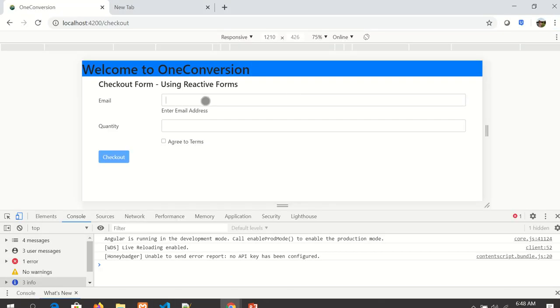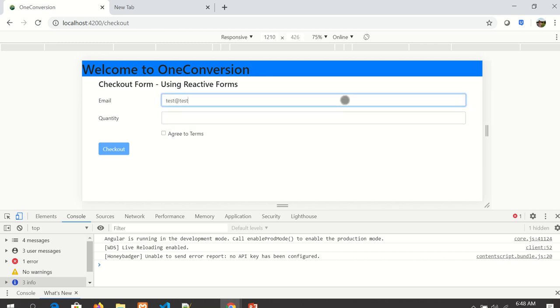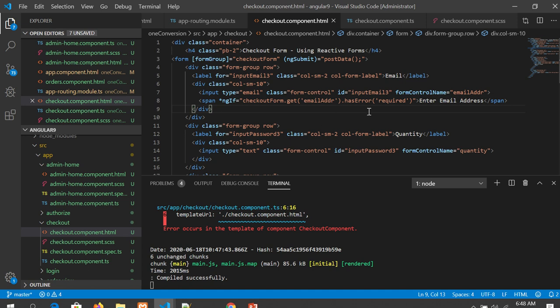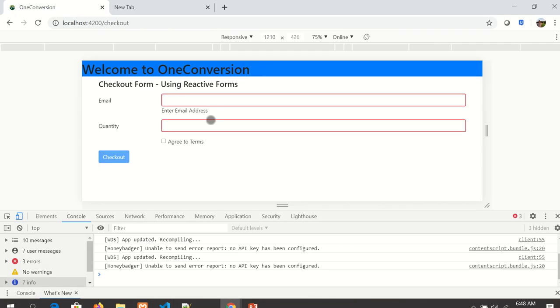All right, so I'm not entering anything. Now you see here it is already showing that enter email address. When I enter, it is taking that value, right? So if I don't enter, it says enter email address. I want this to be shown only when it is touched. So we can say that ngForm.get dot touched, and if it is touched, and